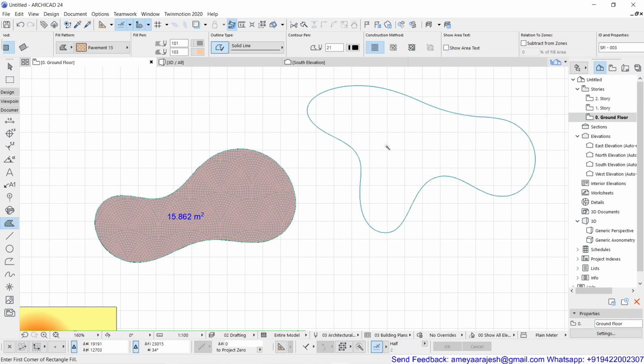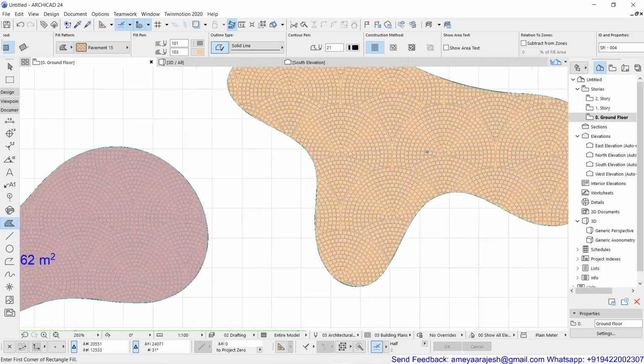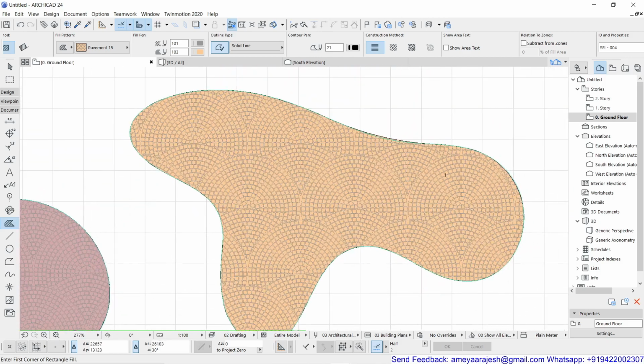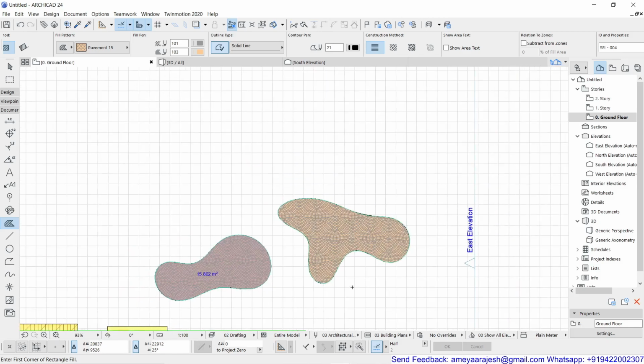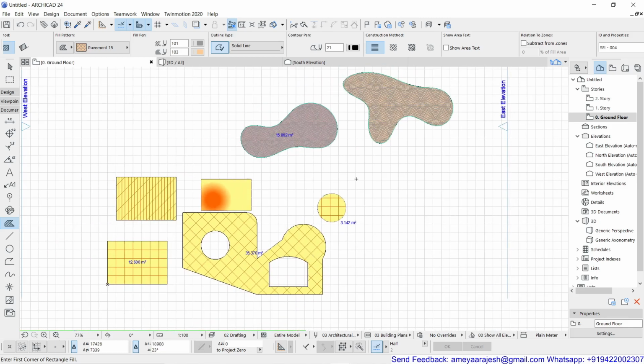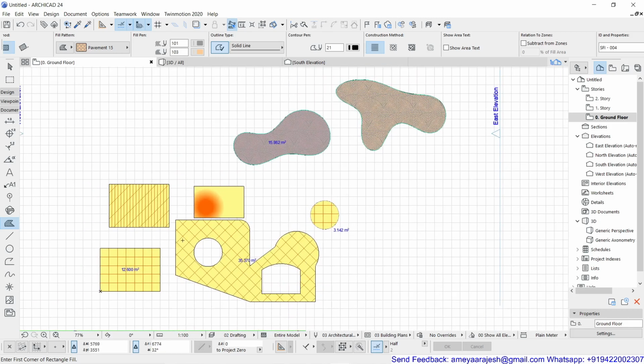If you hold the space bar, you will get the magic wand, and the magic wand will highlight that enclosed boundary. Just single click and you will see that this is how you have generated extremely odd or irregular shapes to be filled. So please try all these different combinations and editing options.